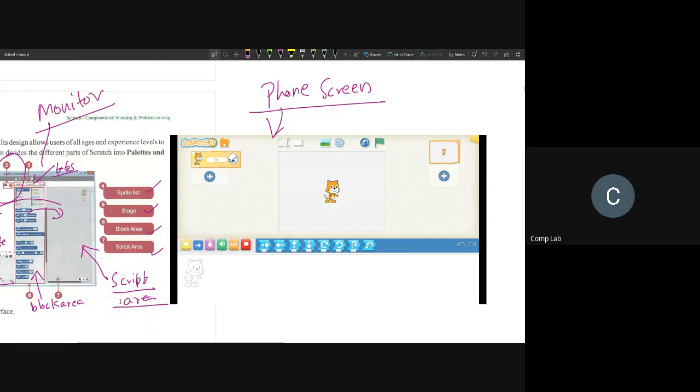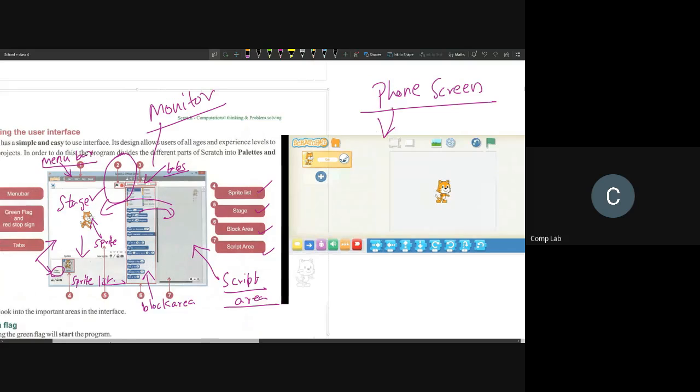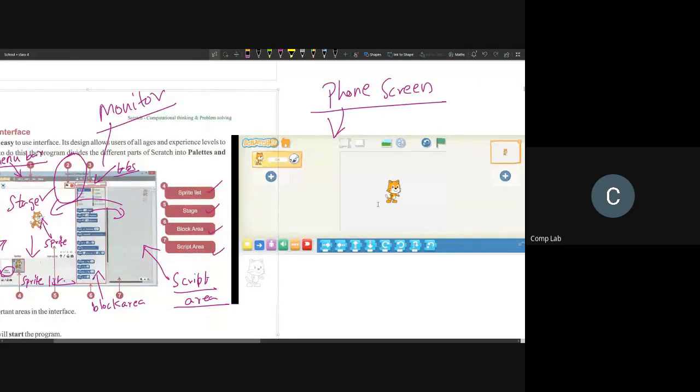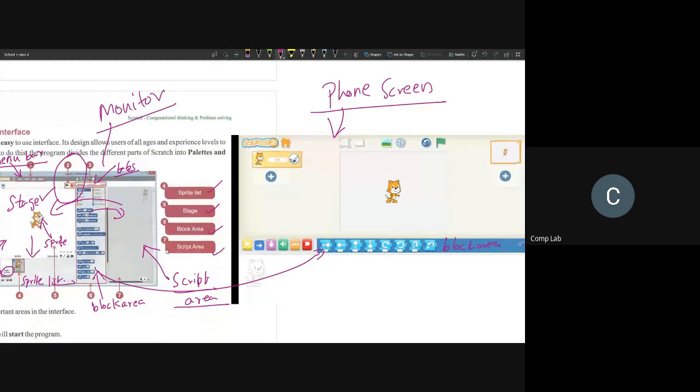On the left, you have the interface for Windows. On the right, we have the interface for our phone. You can see lots and lots of options are missing, like the block area. There are so many details here, but here this is the block area. You can see lots and lots of blocks are missing the words.